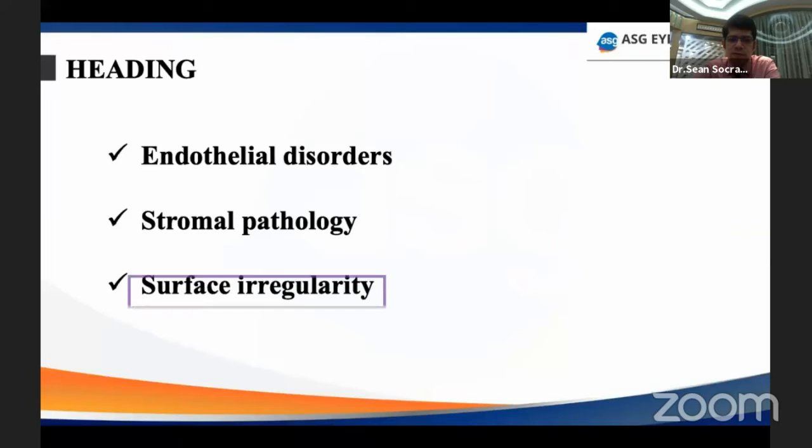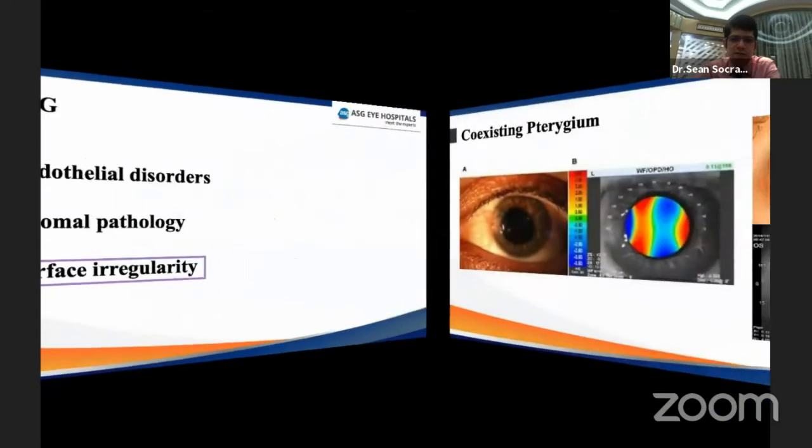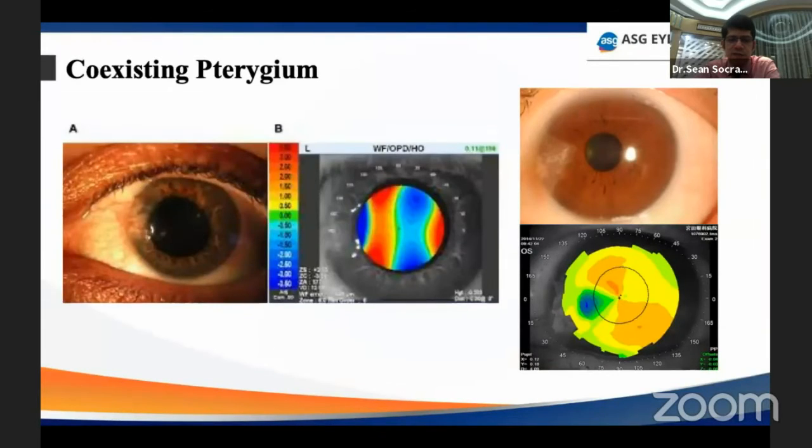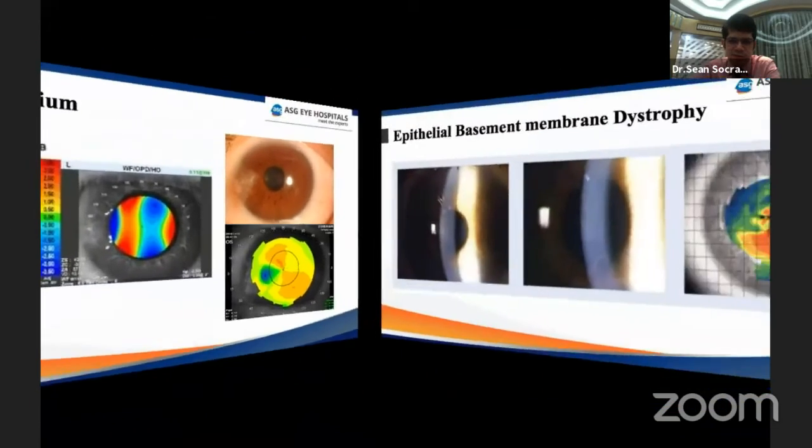The third and most important thing is surface irregularity. Sometimes even after a careful evaluation, we've taken up the case for surgery, but post-operatively we find irregularity on the surface. If we have a corneal topographer, it's always an advantage. However, sometimes we may just do a keratometry, or we may get an IOL Master and good readings, but the surface is more irregular than you think. This can occur with a limbal pterygium encroaching into the optical axis, and this affects the wavefront of the eye as well.